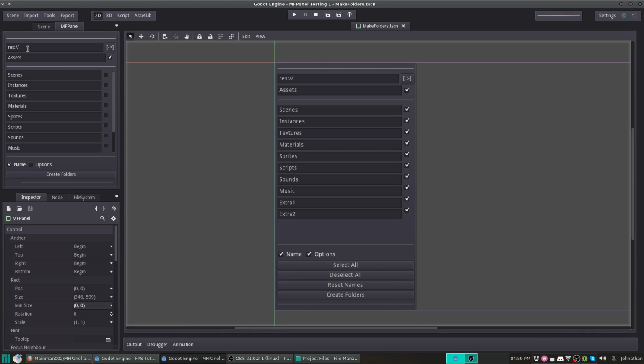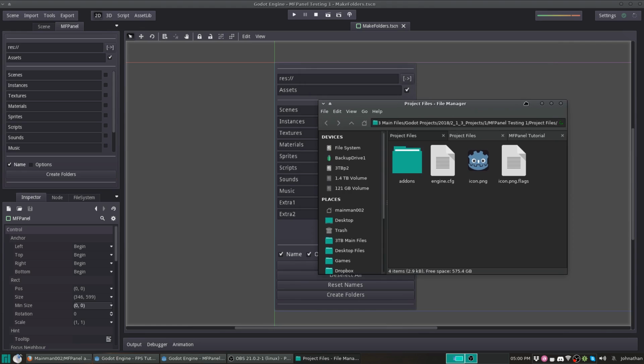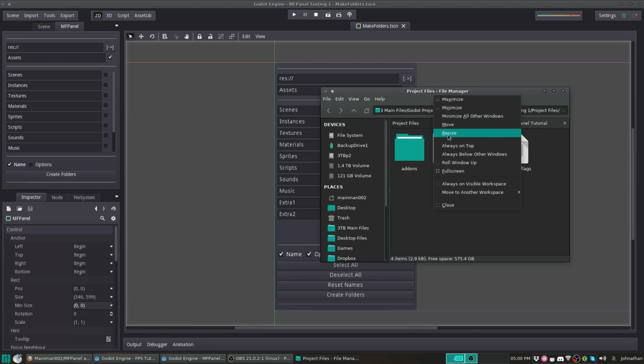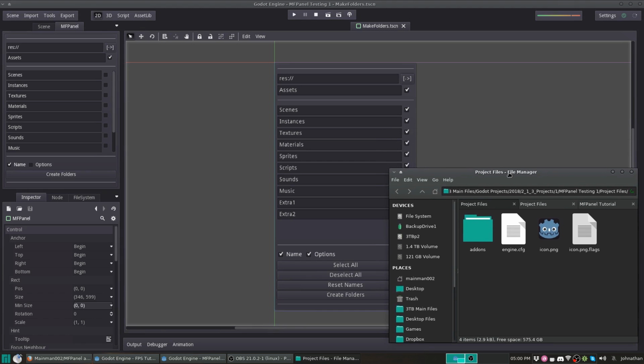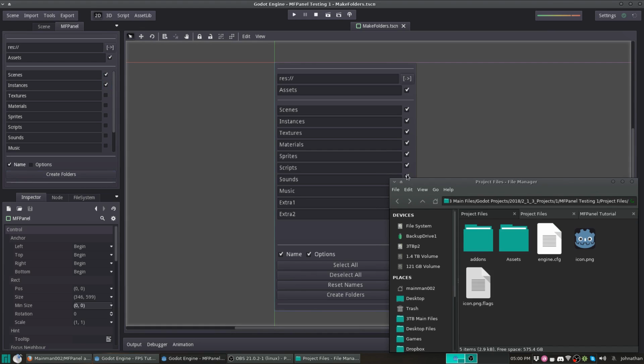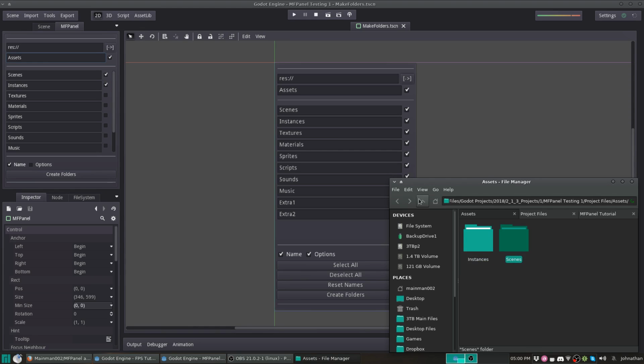And as you'll see, I have added the resource folder as well as this assets name. This is basically a folder that everything will be stuck in unless you uncheck it. So by default, it's in the assets folder, or the res folder, which is your resource. And let me set that to always on top. And right now by default, if I create folders, it will add it to the assets folder, and we have instances and scenes. But we can also